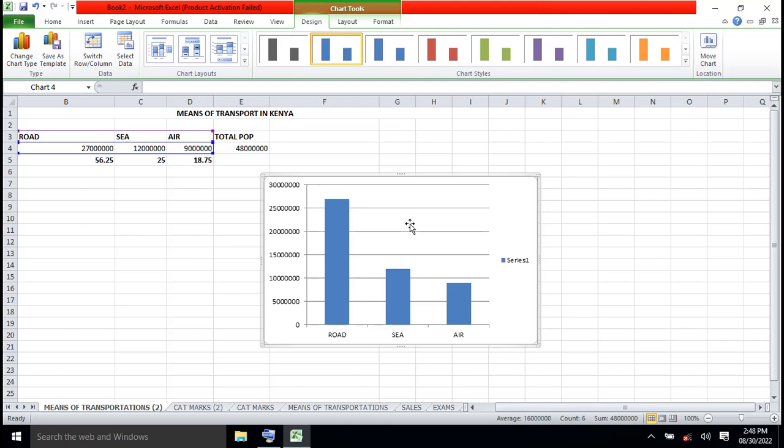Now you can also give it a title if you want. What is important is you can see the rod, and you can see the sea, and you can see the air in terms of percentage. Now this one may not be one of the best, since you can't really figure out actually by looking at it. It's not that good, because